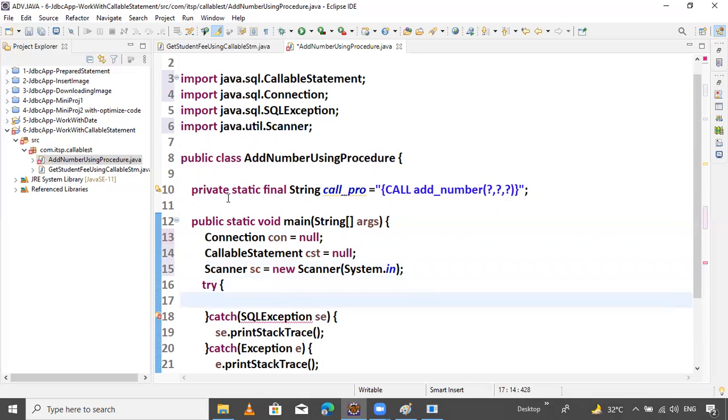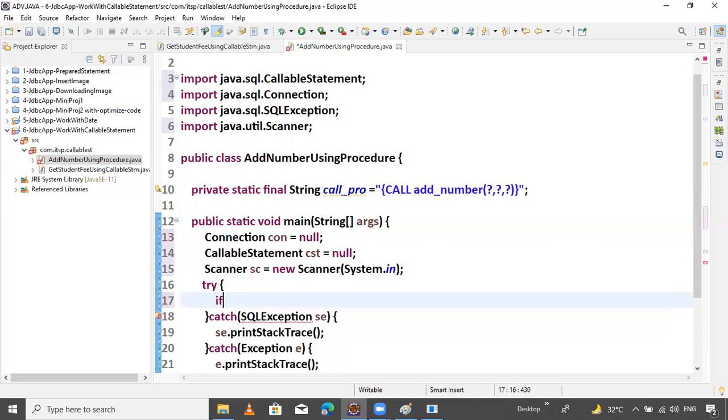So now here you can ask the user, hey user, enter the value. First I want to check whether sc equals null or not. If the scanner variable sc is null, then please don't execute this line, skip it.